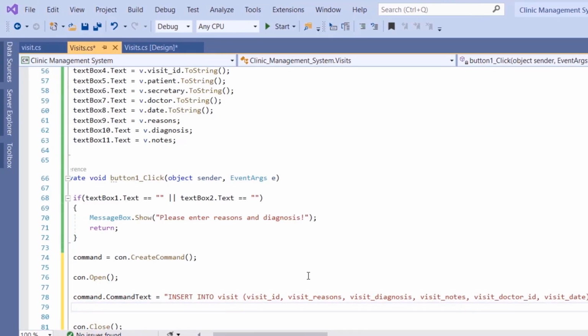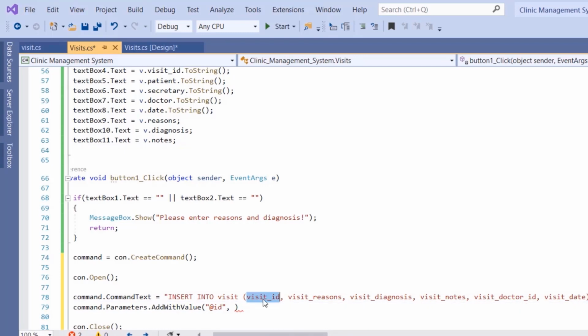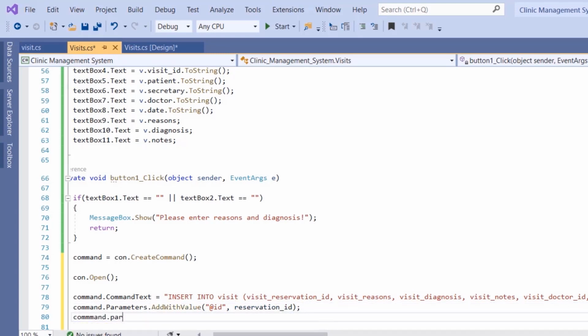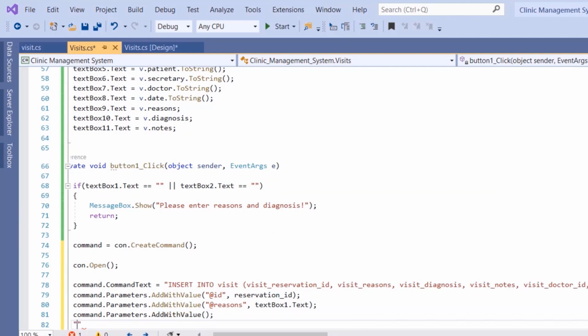And that's it. Follow with a semicolon, and then command.parameters.add with value, and we want to add the @ID, which is actually, we're not adding the visit ID, we're adding the visit_reservation_ID. So that reservation ID is going to be reservation_ID, and command.parameters.add with value, and then we want to add the reasons, which are in text box 1.text,